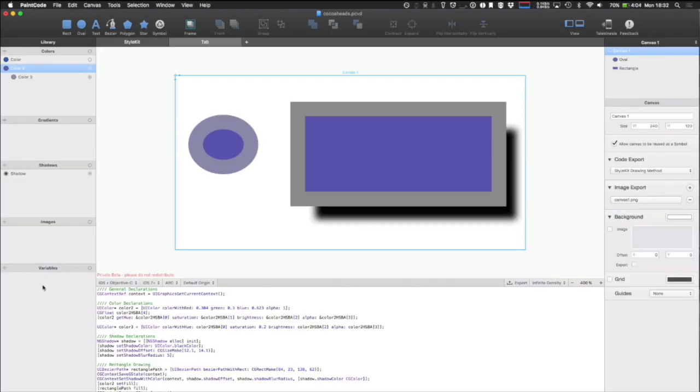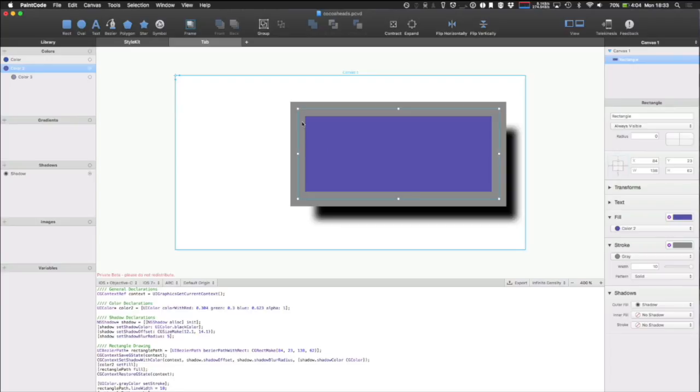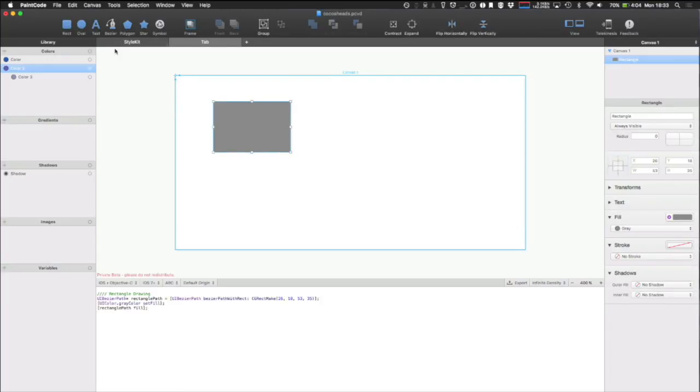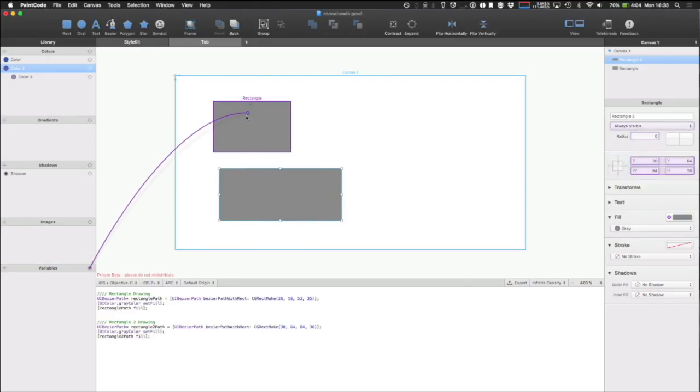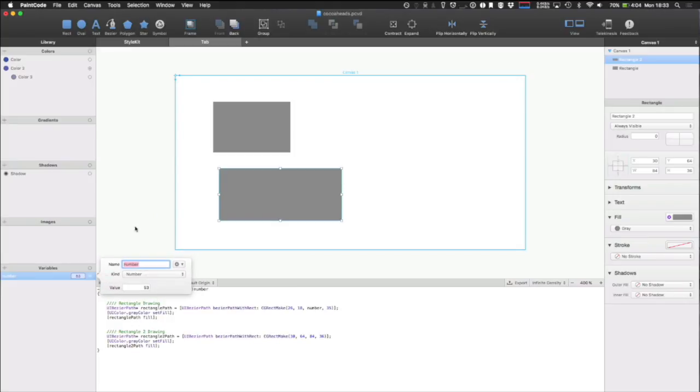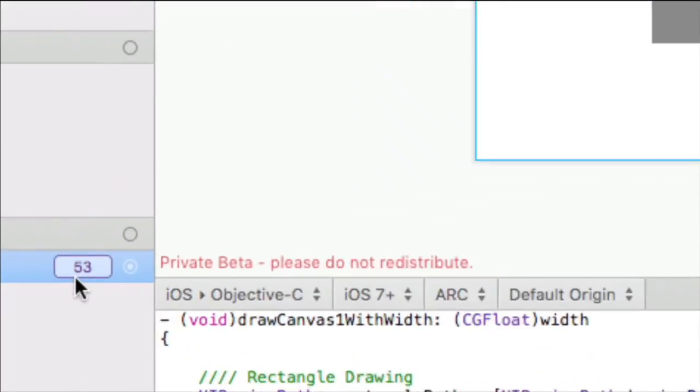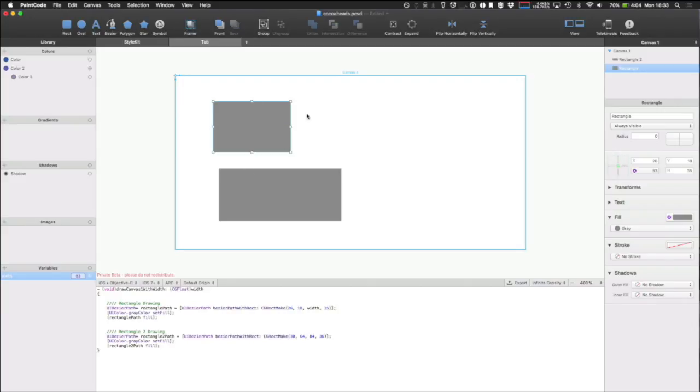So you cannot just have dumb objects or dumb assets. You can have them as well in relationship to each other. So for example, when you want to have a box that is always double the size of a different box, let's make some small boxes here and create a variable for the width. Then it always reflects. So right now, the width of my box is 53. And if I change the width of my box,